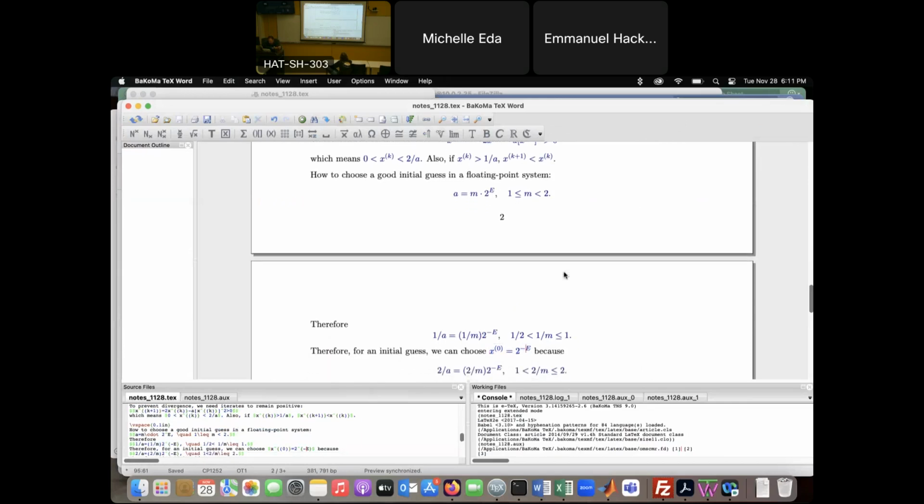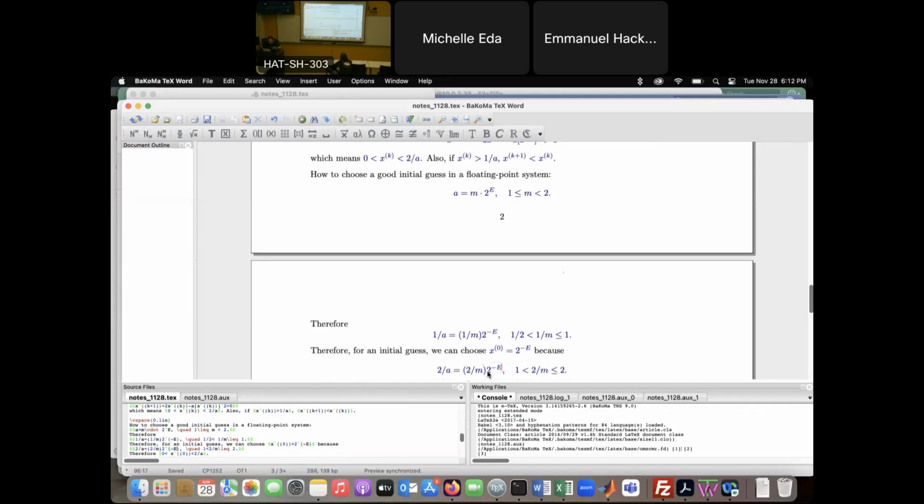The reason why is that 2 over a is equal to this, where this mantissa is greater than 1 and less or equal to 2. So if I choose just 2 to the minus e, I'm guaranteed, because this unknown mantissa is strictly greater than 1,